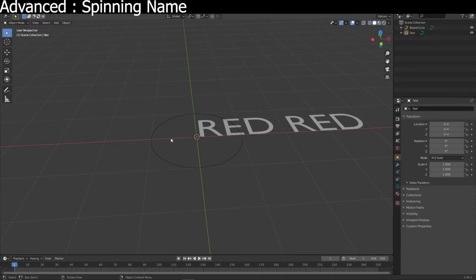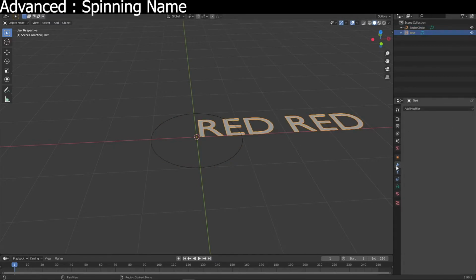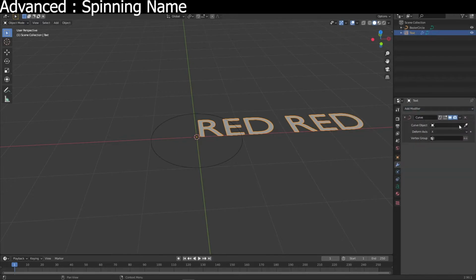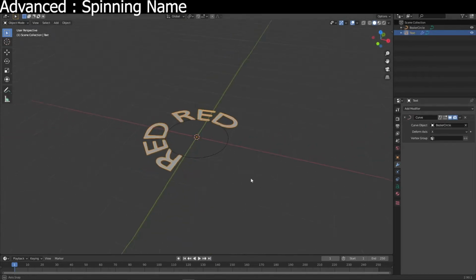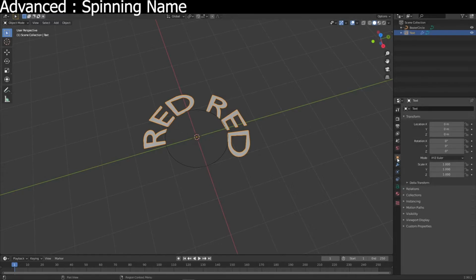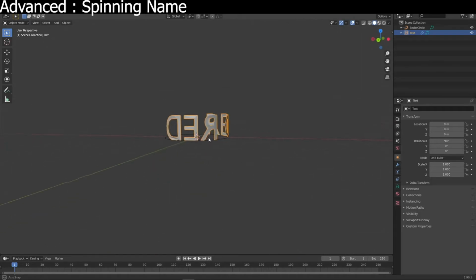If we go back out of edit mode, and then go into its modifier properties, we can then click on Add Modifier, and then Deform and Curve. And then the curve that we want to deform around would be this curve here. So if we just drag that on there, we can see that our name goes around the curve like so. If we then turn the rotation up to 90 degrees, we will then have our name